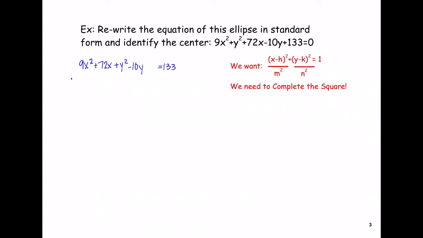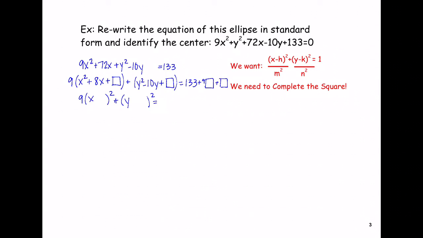We need to factor out a 9. So we have x squared plus 8x plus box, plus y squared minus 10y plus box, is equal to 133 plus, we factored out a 9, so put that in front of our first box, plus our second box, we didn't factor anything out. We have our 9 times our x quantity squared, plus our y quantity squared,